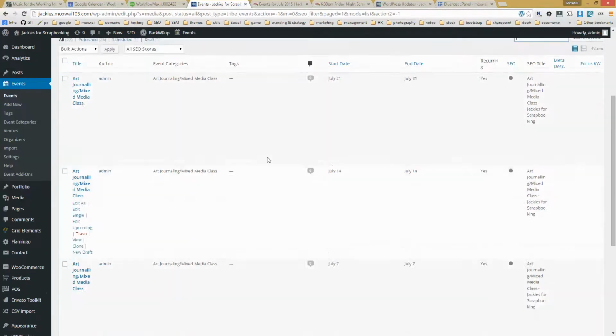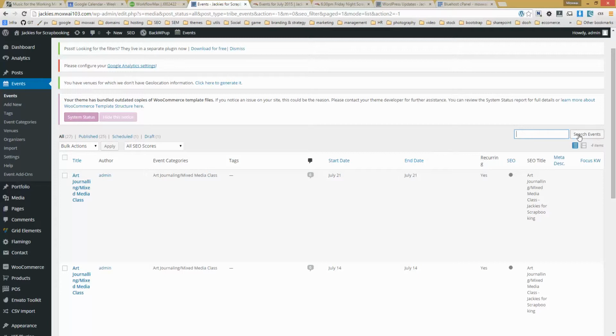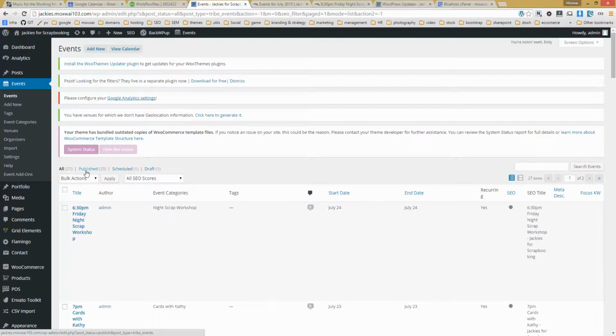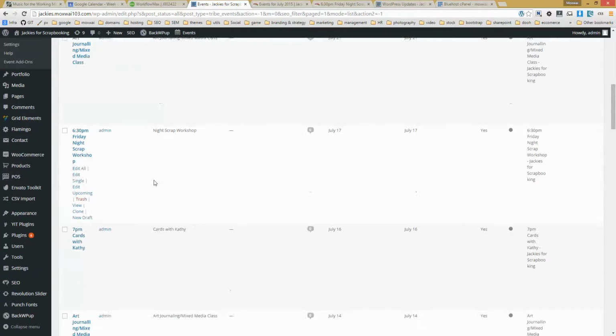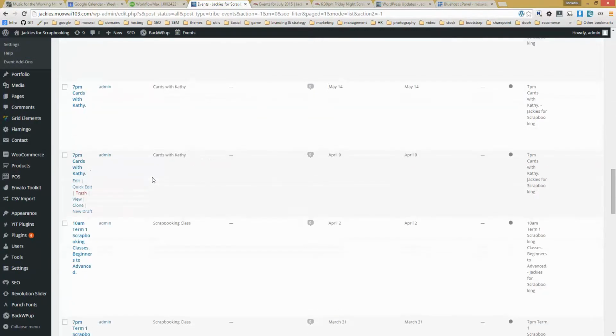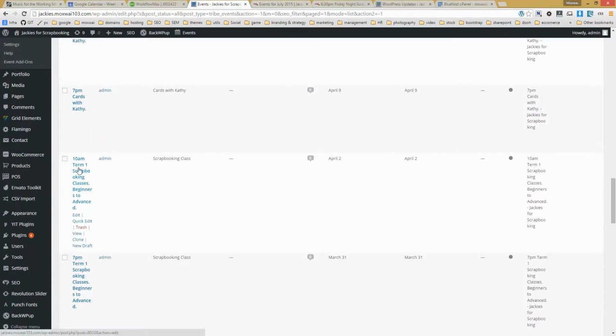So you can see here it says all events 27. I'll just hit search there again. Right, so 27. So I'm just going to have a look for one that we haven't made reoccurring, which is this 10 AM guy here. So I can go and click edit there,